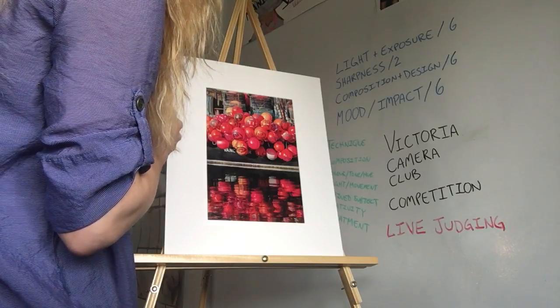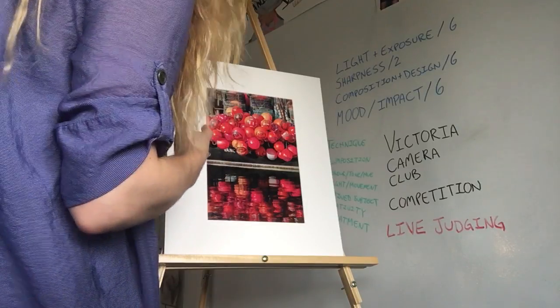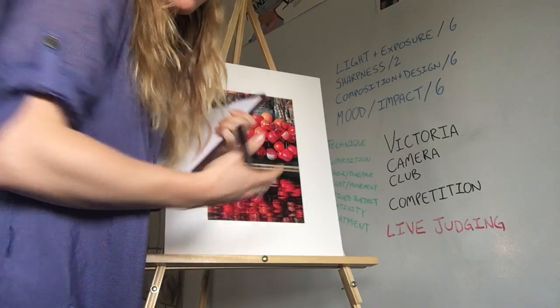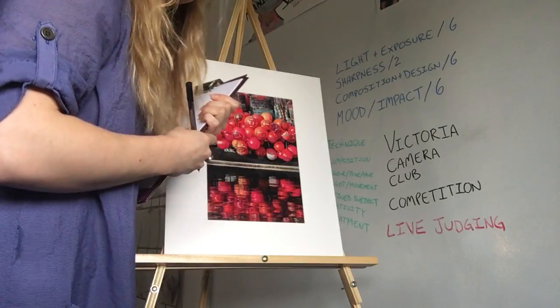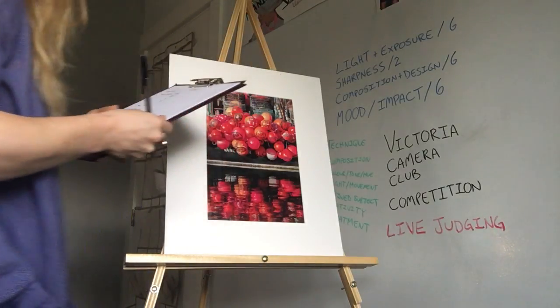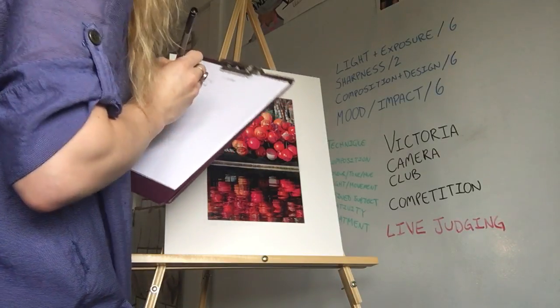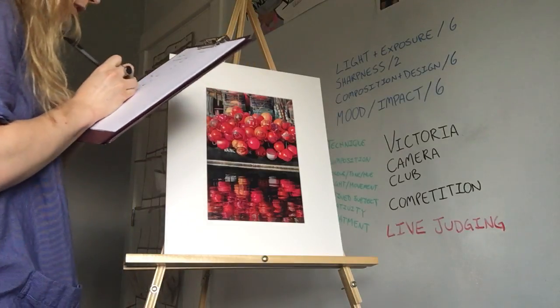And the mood and impact. When you look at this, I'm not quite sure what the message is, but it makes me feel happy. You know, I like round, bright things with the reflection on a sunny day. I might put this in my salon if I had one. So I will give that a 6 out of 6 as well. And then finally, for the treatment,